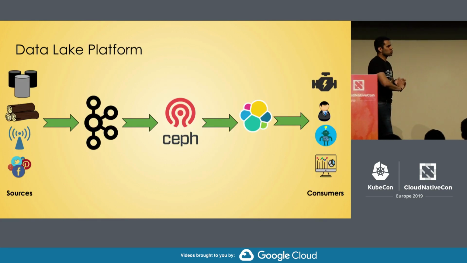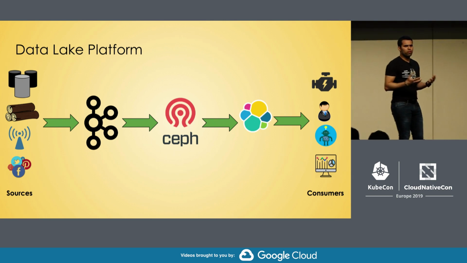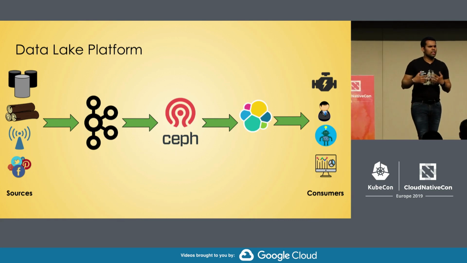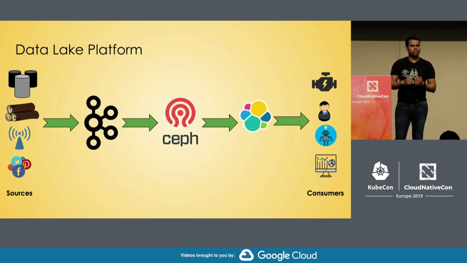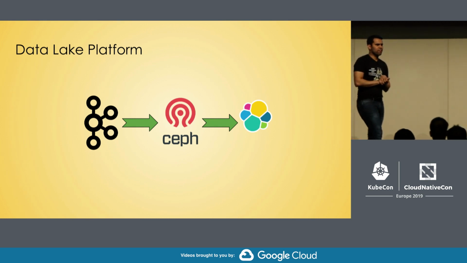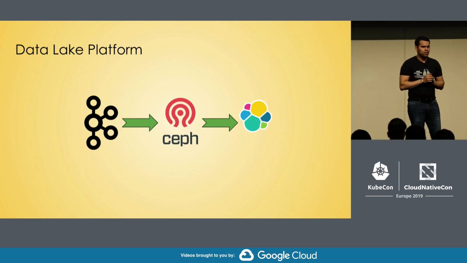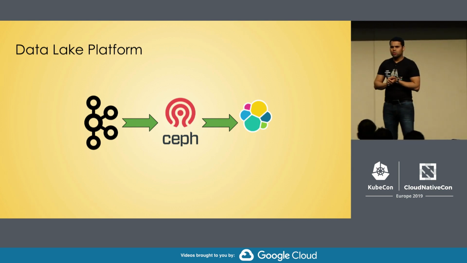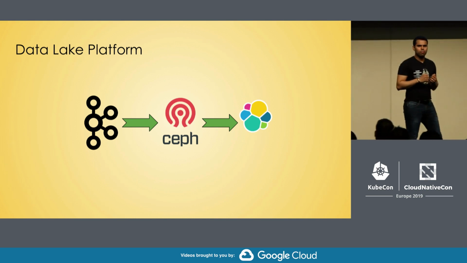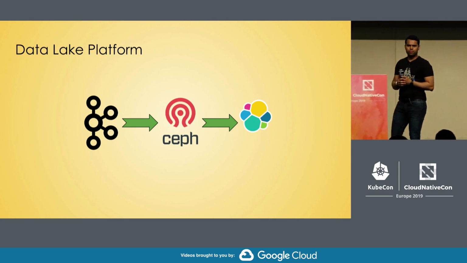This figure illustrates a typical workflow for a data lake platform in which you use Kafka for ingestion, you can use Ceph for storage, and then you can use Elasticsearch for analysis. In today's talk, we are going to focus on three components: Kafka, Ceph, and Elasticsearch, and the security challenges that all these face. Today we are going to provide you a unique and a revolutionary way in which you can enforce custom security policies in each of these systems in a flexible and a powerful manner.